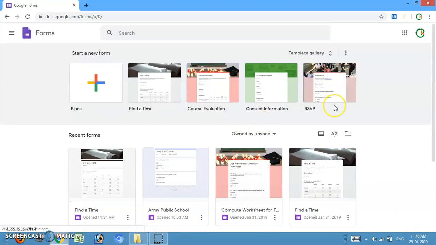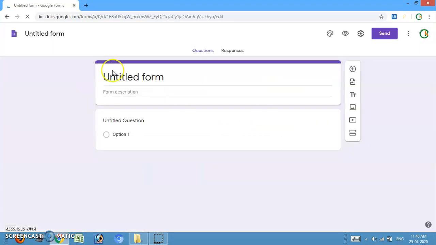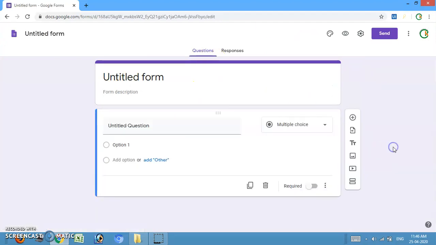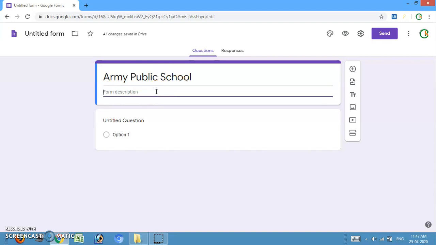Okay. So when I start with a new Google form, I have to make a new Google form. What I'll do is, I'll click on blank. When we click on blank, here your paper will be displayed like this, right? Interface will be like this. In this, you'll give a heading here. Like let's say for example, Army Public School. Whatever heading you want to give, you can give. In description, you're going to add whatever paper you're going to make. Like let's say GK question bank.